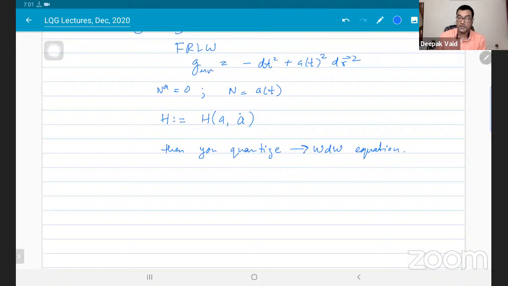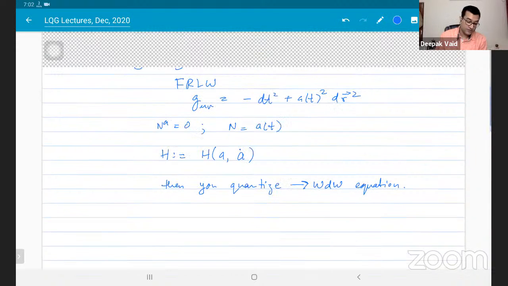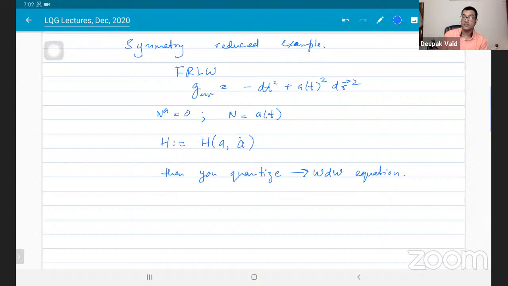And so you get some sort of Wheeler-DeWitt equation where A becomes your configuration variable or something proportional to it, and A dot becomes your momentum variable. So again, you get some sort of quantum cosmology, but again, this doesn't seem particularly realistic. And more importantly, because you have done this symmetry reduction before quantization, obviously you have lost out on a great deal of information,